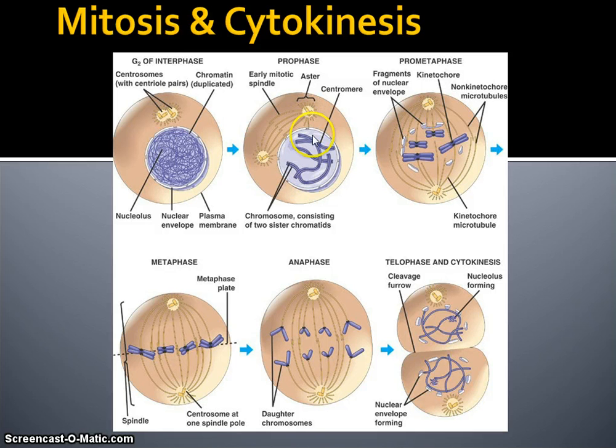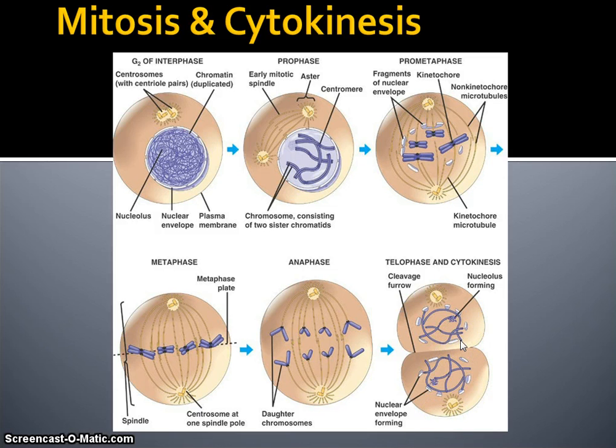You'll notice that here the chromosomes consist of the 2 sister chromatids. They're condensing from this chromatin, stringy DNA, when it's in the resting phase. And then the nuclear membrane is going to begin to disintegrate or go away. Why is this happening? Because the DNA is about to be split into 2 sides of the cell, and eventually at the end of all this we're going to end up with 2 new daughter cells that are genetically identical